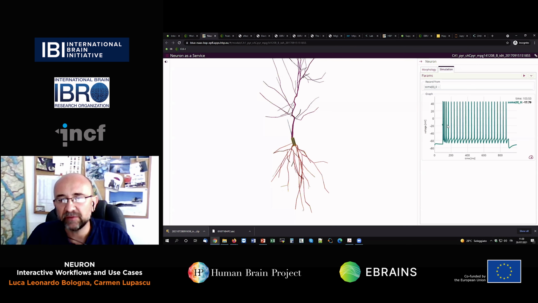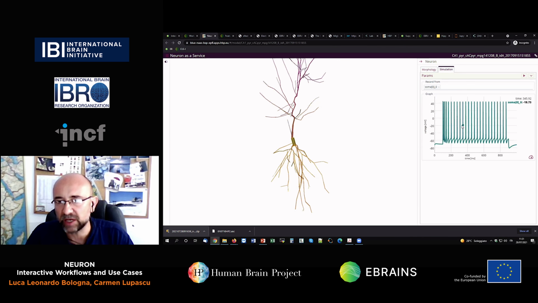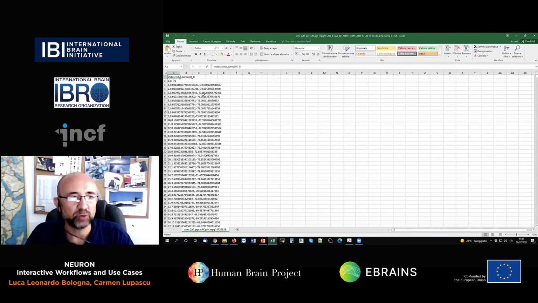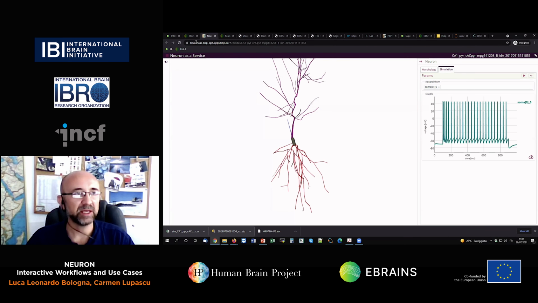Okay, so we have now the activity. We can zoom in if we want to see, for example, the shape of this action potential. We click twice and we zoom out from the plot. And also we can download the activity in a CSV file. So this is a CSV file that can be opened, for example, with Excel. You have two columns. In the first column, you have time. On the second column, you have the membrane voltage. Okay, I close this and go back to the